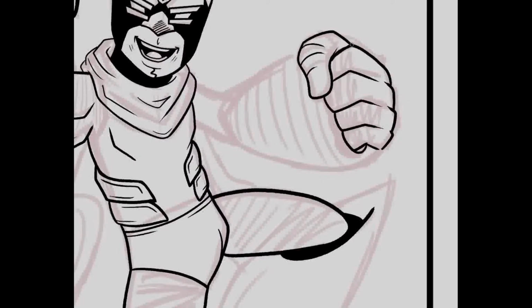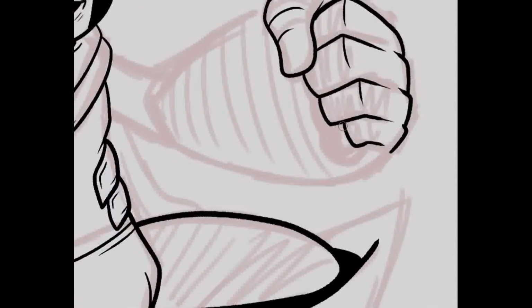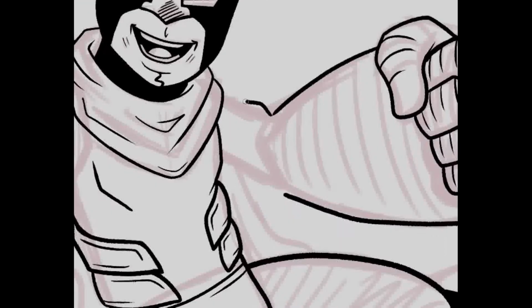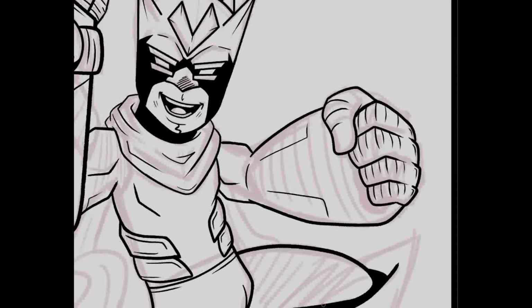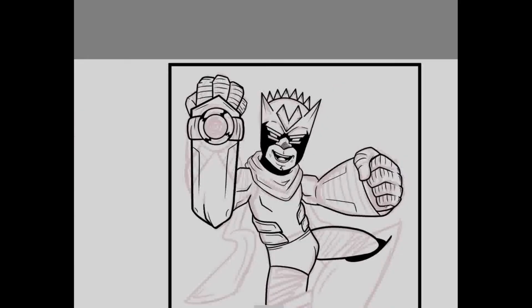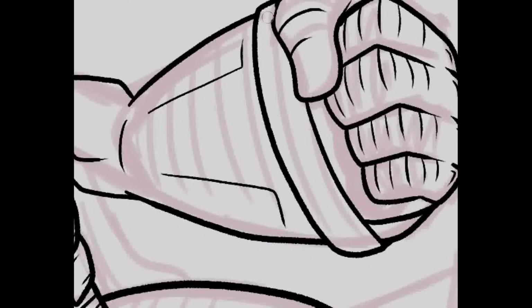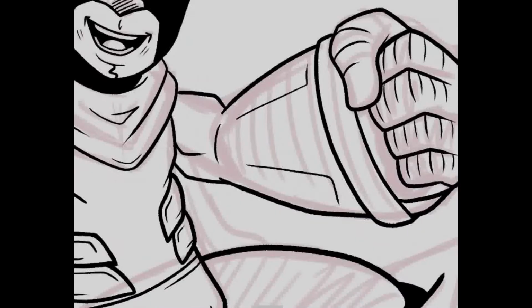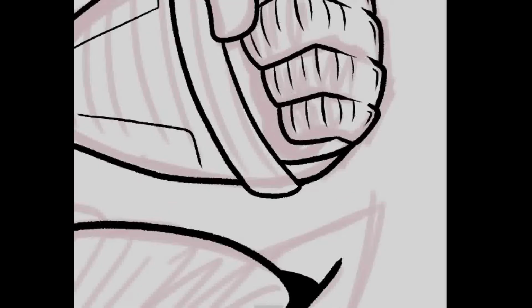I really like this clobbering hand. It kind of makes me think of a strong left punch from Frankie from One Piece, or just a big bulky fist from that class. I think it's a 1B or 2B character from My Hero. I think her name's Battle Fist or Big Fist. Not entirely sure. I'm sure I'll figure that out later, or you guys will let me know in the comment section down below.